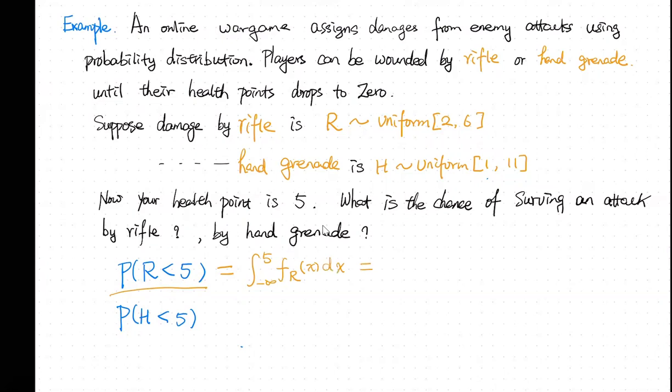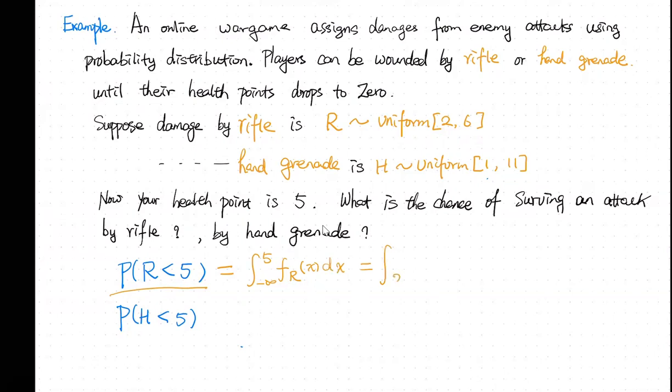Well, because we know R is uniformly distributed on the interval 2 to 6, the probability density function of R is 0 for any x below 2 and above 6, and the probability density function is 1 over the length of the interval on that interval, which is 4. So therefore, that integral is